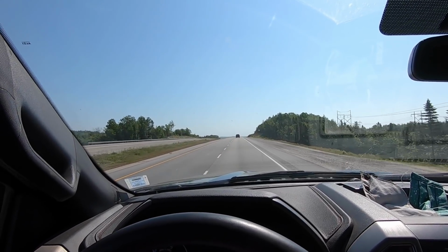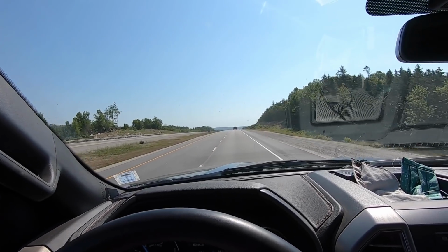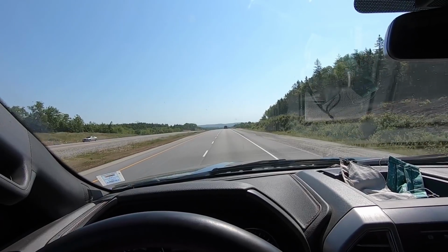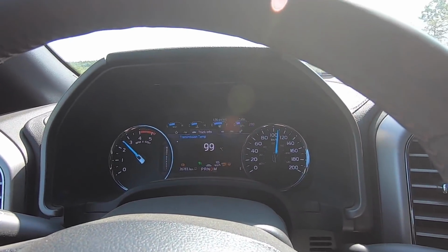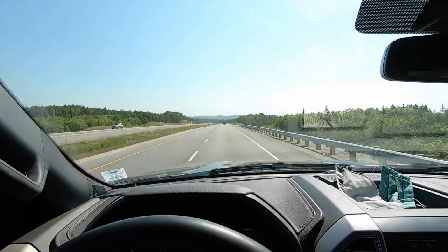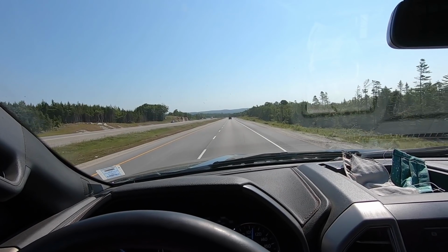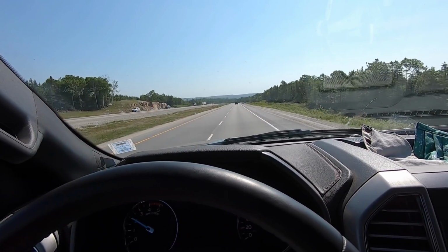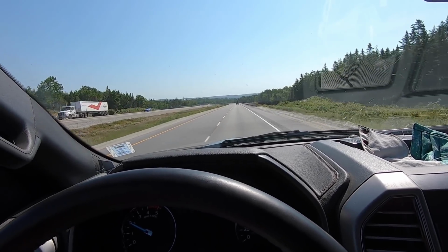I definitely need to get a gauge set up in this truck to see what my temperatures are at. Trans temp is 99 degrees Celsius. I'm not sure what that is in Fahrenheit, but trans temp runs hot in these things anyway. So don't look into that too much, to be honest. Engine information. Where's my...